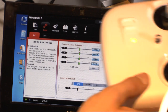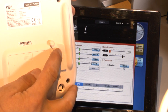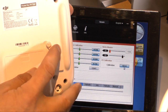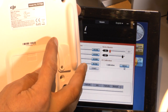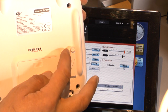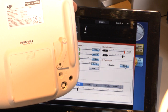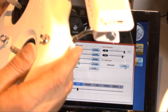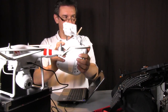Now we take the remote control and move the lever on the back side, this direction, and again 2 or 3 times. Hold it again a little bit for some seconds in this direction, and then you can say finish, and that's it. Make a check if everything works, hold the remote control, and now you see I can move the lever